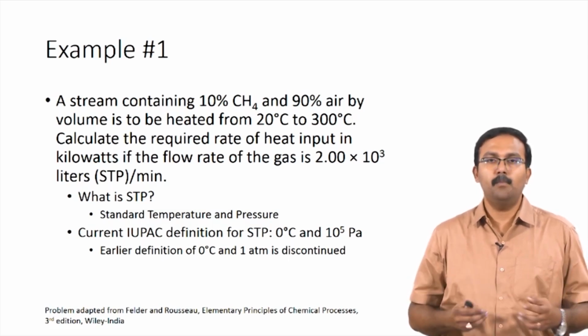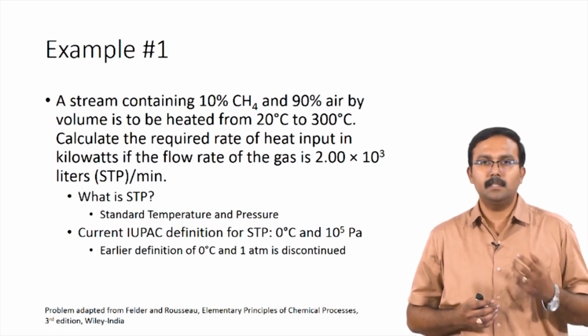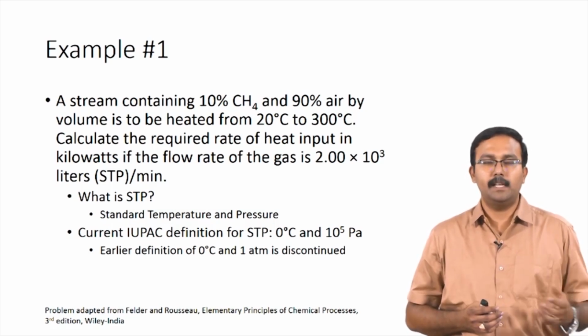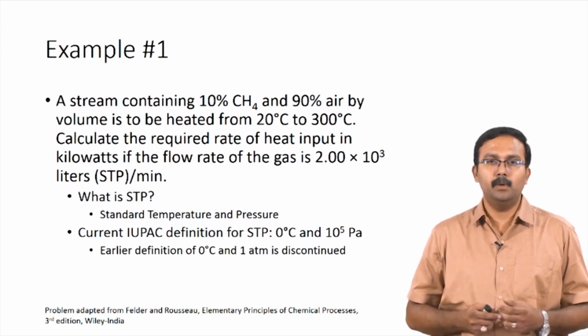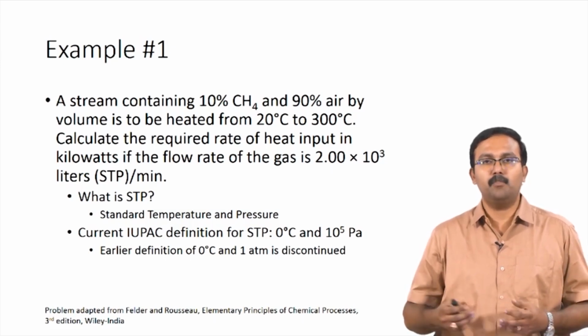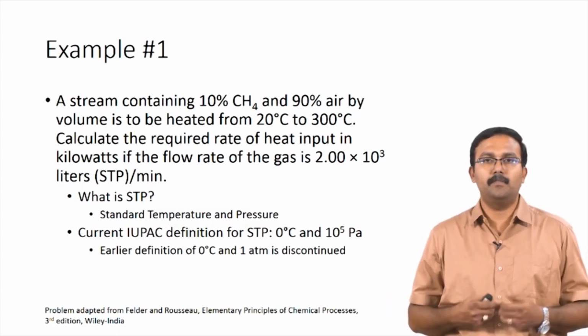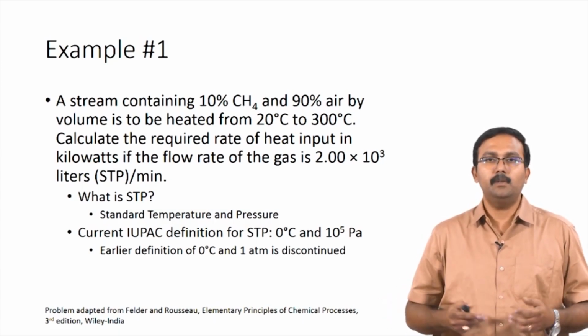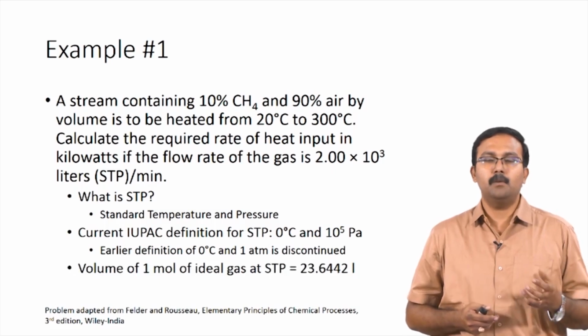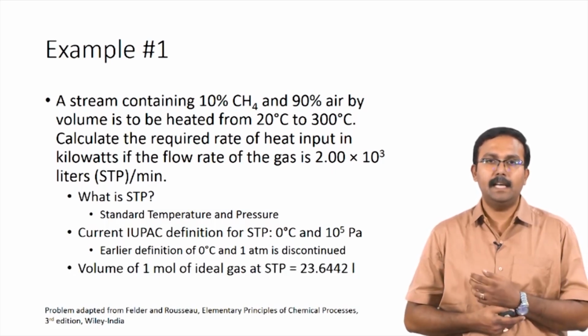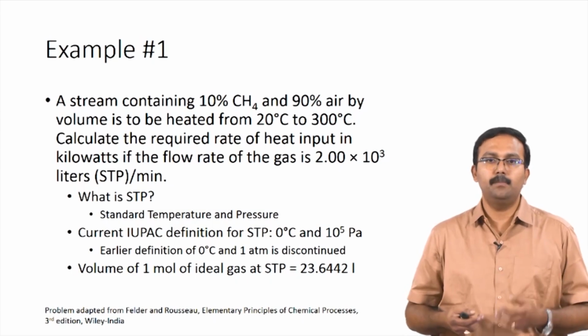This has now been discontinued and we have to use 0 degrees Celsius and 10^5 pascals for STP. Now that we know this, we can calculate the volume occupied by 1 mole of a gas according to STP. So, the volume occupied by 1 mole of an ideal gas under STP conditions would be